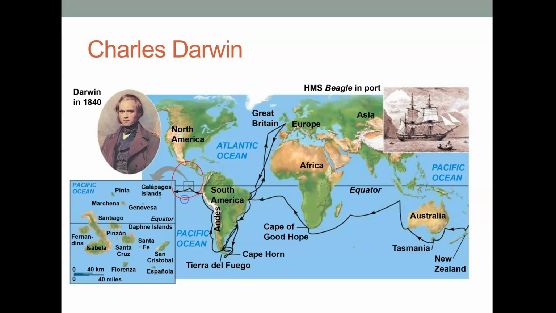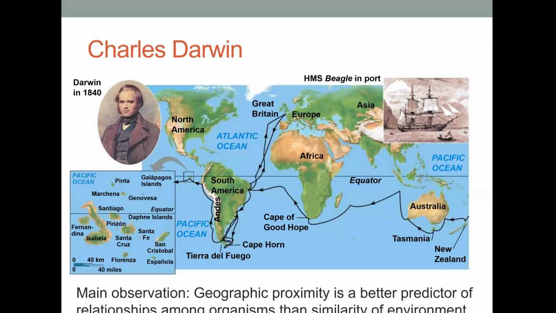Specifically, I want to point out a series of islands off of the western coast of South America called the Galapagos Islands. And I'm sure you've heard of them. Very, very famous set of islands because of Charles Darwin. So his main observation was that the flora and fauna, right? The living things, the plants and animals that were in an area were really determined by the geographic,